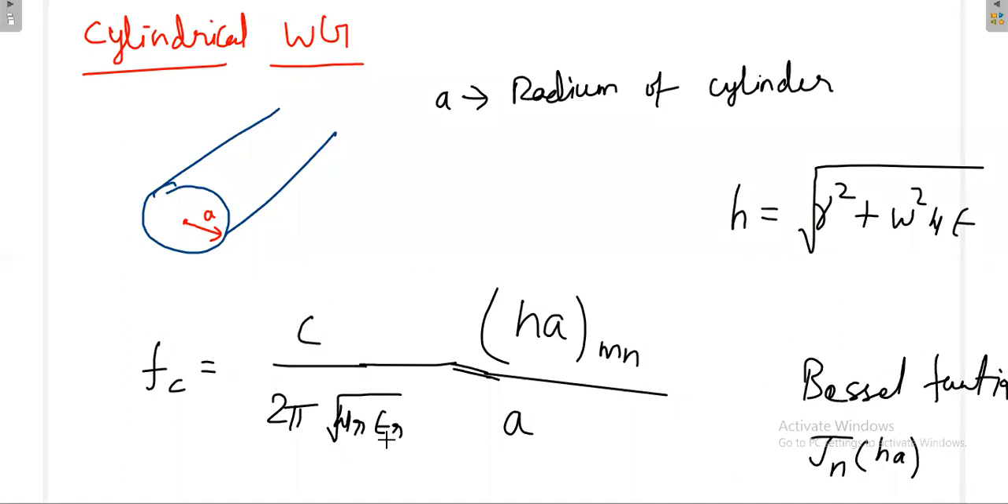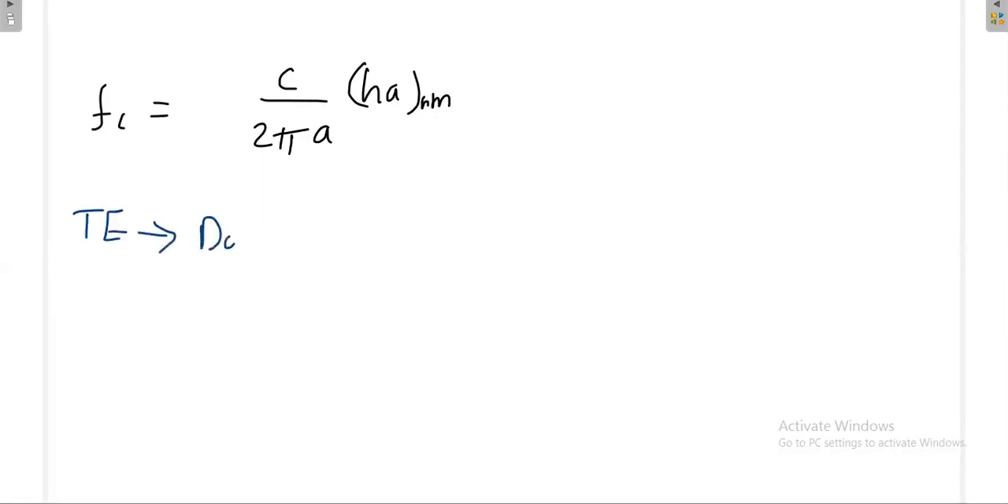Then if it is free space, then mu r is equal to 1, epsilon r is equal to 1, that you can relax if it is free space. Okay, I'll write the next one. Fc is equal to c divided by 2 pi a, then simply the value of Hnm. Okay, so for TE, for transverse electric field, for TE dominant mode,